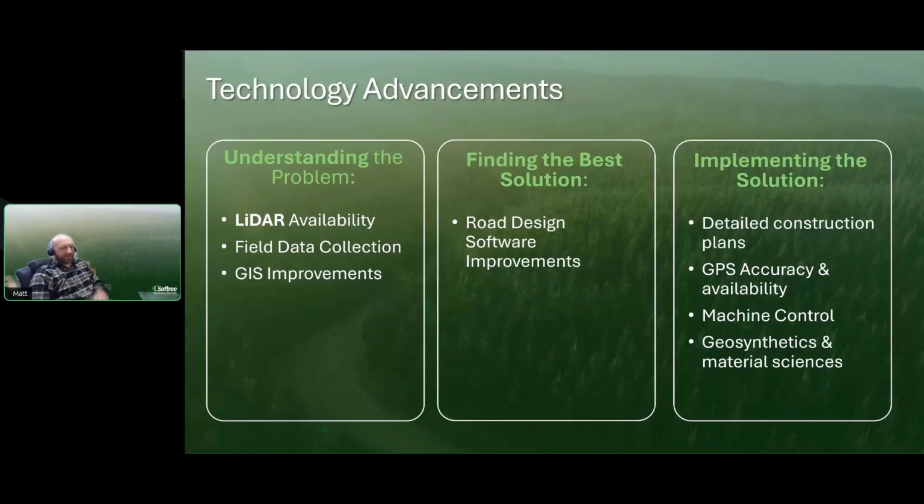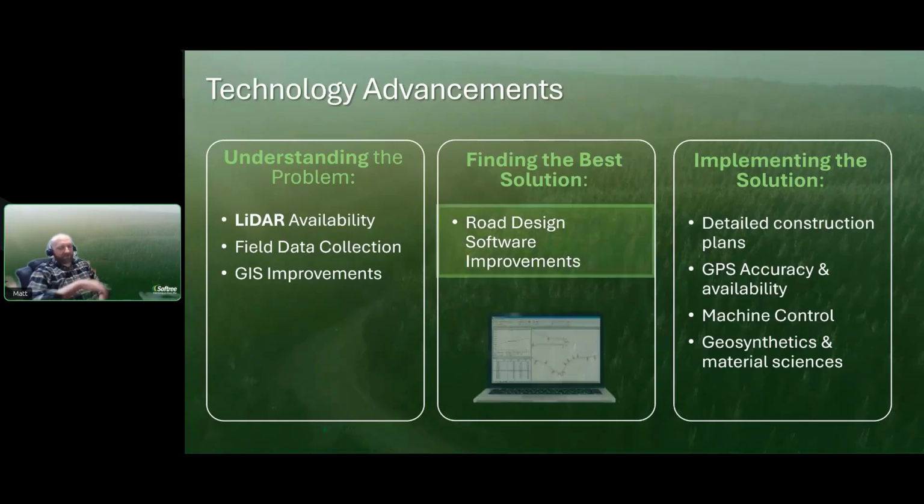And then we've got that middle element, which I'm certainly, I think, more qualified to talk to and about than the other stuff. But between understanding the problem and implementing the solution, it's finding out what solution that we actually want to go with. So that's where design software comes in, making more informed decisions faster to get a better plan, better results, better schedule, reduced risk, etc. So we're going to lean into that one for the rest of our technology talk here.